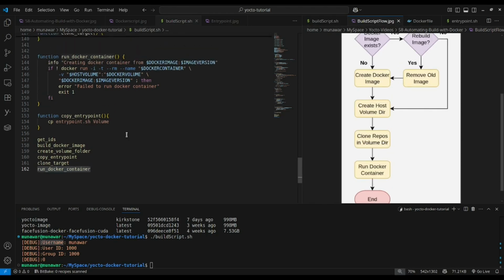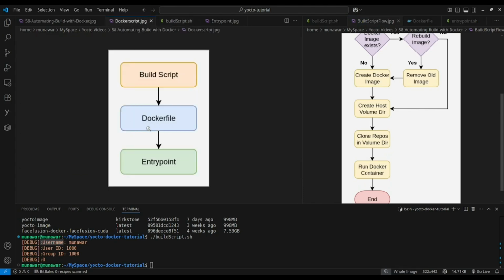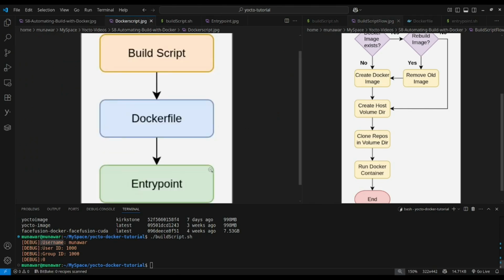Okay, so now we are done with our build script. The next is the Dockerfile. We need to create a Dockerfile. So here